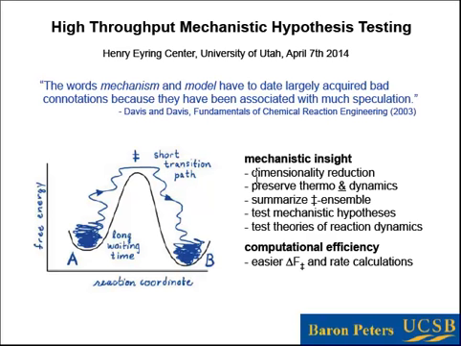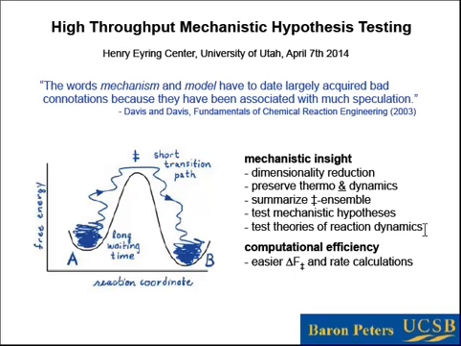Well, in terms of mechanistic insight, we can systematically reduce the dimensionality from hundreds of thousands and tens of thousands down to one. In the process, we will be able to preserve the thermodynamics and the dynamics of the process. We will be able to have a compact summary of the transition state ensemble. We'll be able to test mechanistic hypotheses, and we can even go back and begin to test theories of reaction dynamics. Recall that most theories of reaction dynamics are built around an assumed knowledge of the reaction coordinate. To a large degree, many of those couldn't be tested in the past because we didn't know the reaction coordinates. But once we find the reaction coordinate, we can go back and actually put those theories themselves to the test and see whether they describe real systems.